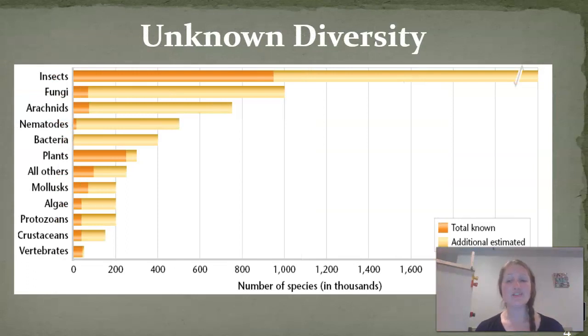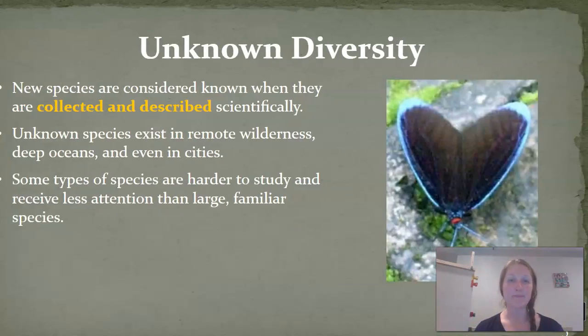Okay. So we see here just a nifty little graph looking at the number of different species, in the thousands, that we know. So the orange at the top or the left part of your graph is the total known, and then we have the total estimated as well. So based on how many we know in each category and the areas of the world that we have yet to uncover, we know that we have quite a ways to go. If you look at bacteria, it is almost all light yellow because we know that we haven't come close to discovering all of the different species of bacteria.